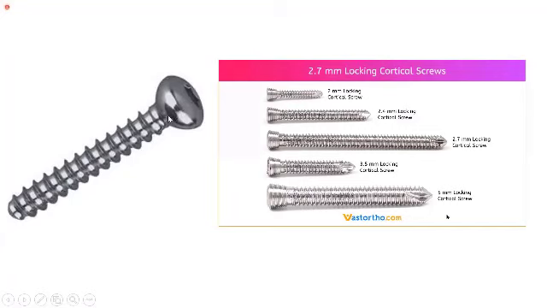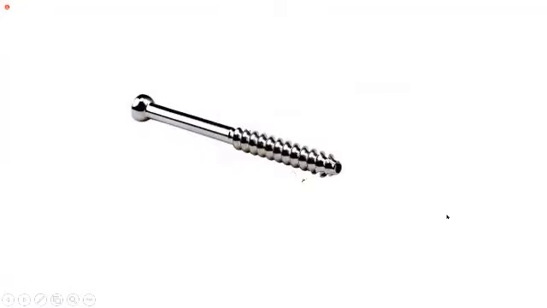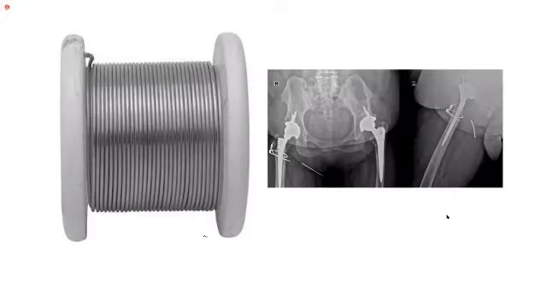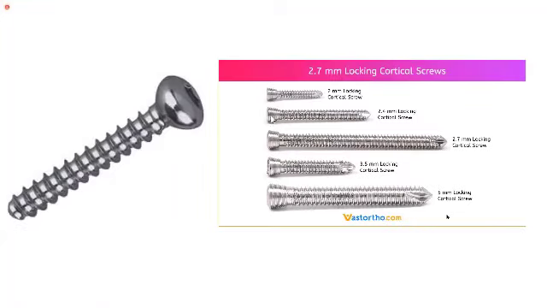In a cortical screw there are no serrations at the head part, and in locking there will be serrations at the head part. And the third screw is the cortical cancellous screw. In this one you have serrations at the distal part only. This part is plain. While putting this one, you put a guide wire inside it, a small K wire or guide wire, then on top of it, you use this one. Maybe they will just ask you to identify only. So I think it is easy. This is cortical without serration. This one with serration is locking, and this one is cortical cancellous.